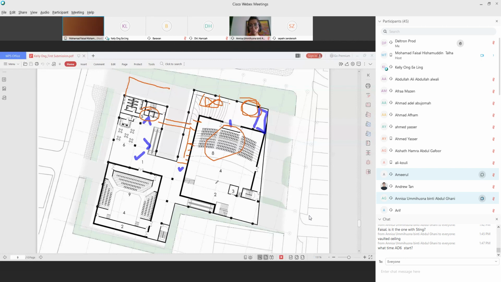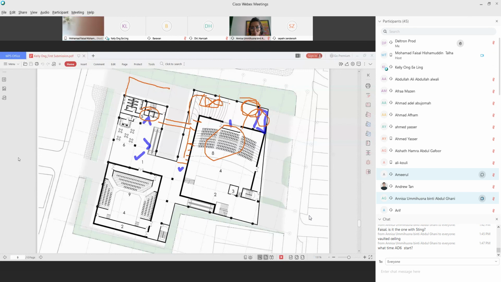Okay. And then you have to look at all these small things that can make it better. And then why do you need a ramp for? What for, a ramp? A ramp for the disabled. The disabled, they go by lift. They go by lift over here. Go by lift. Find a way. Put the lift there. Okay.